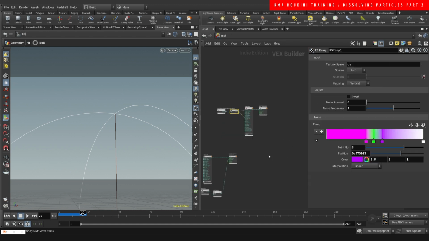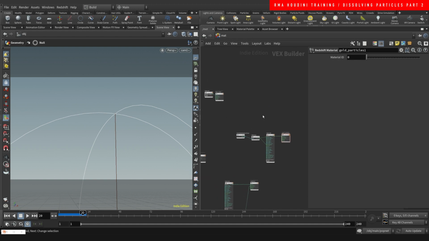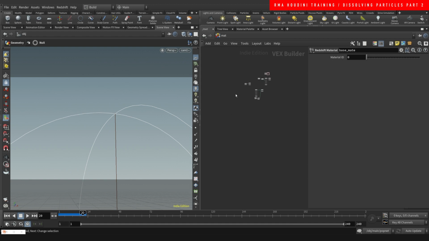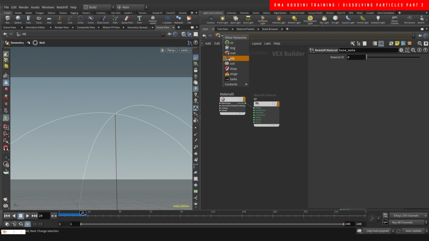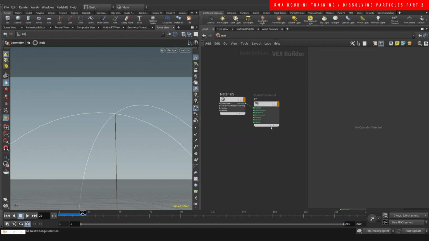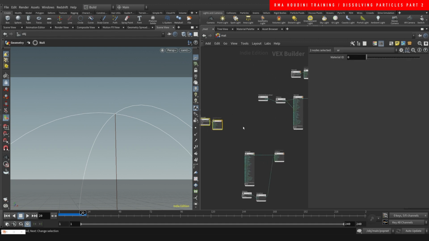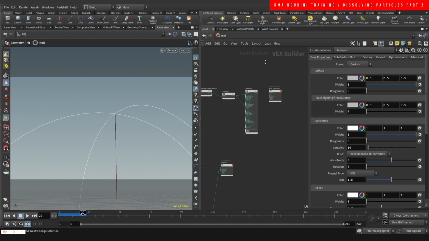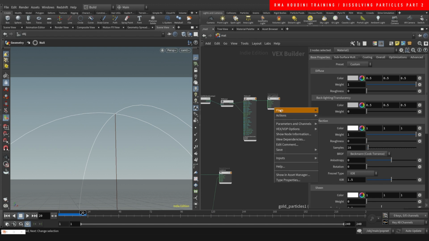Sorry guys, I made a mistake. I deleted something I shouldn't have. I deleted these particles. You see my particle material here. This is gold particles. Let's see. I accidentally deleted my gold particles. So what we want to do is,